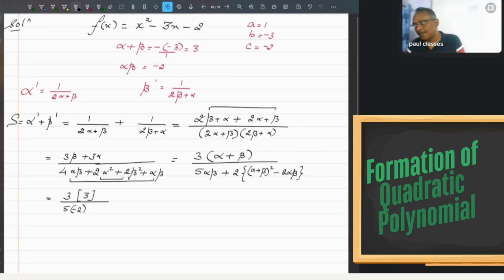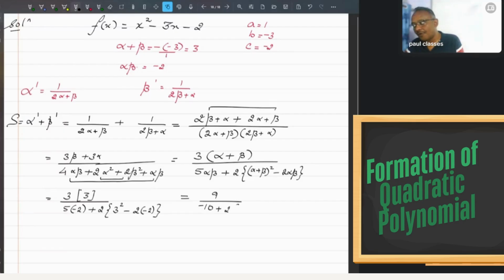Minus 2 plus 2 times of alpha plus beta. 3 का square 9 minus 2 alpha beta, minus 2. ये सब चीज को इवेल्युएट करो, न्यूमरेटर में क्या हुआ 9, डिनोमिनेटर में क्या है minus 10 plus